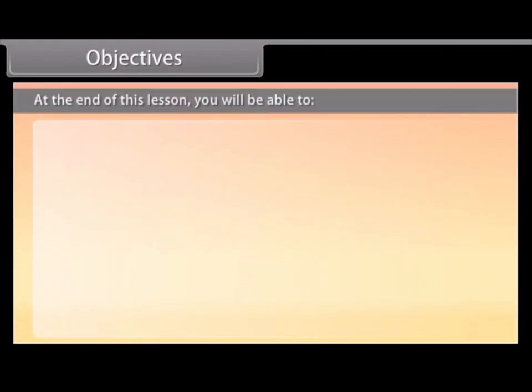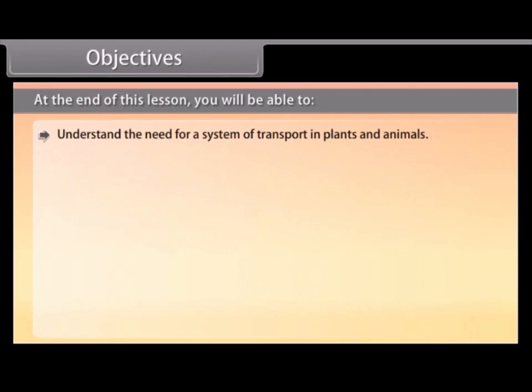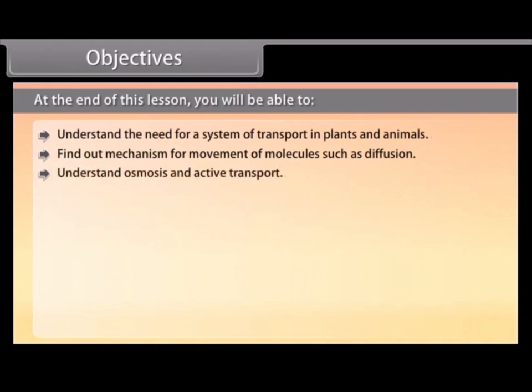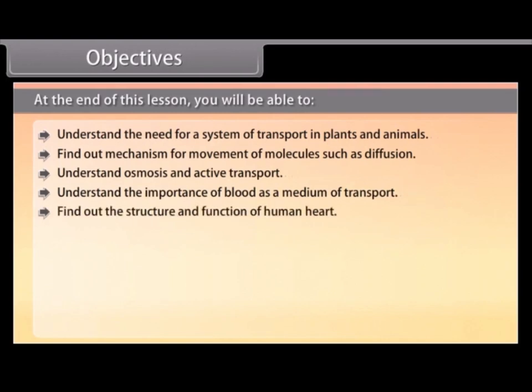Objectives. At the end of this lesson, you'll be able to understand the need for a system of transport in plants and animals, find out mechanism for movement of molecules such as diffusion, understand osmosis and active transport, understand the importance of blood as a medium of transport, find out the structure and function of human heart,